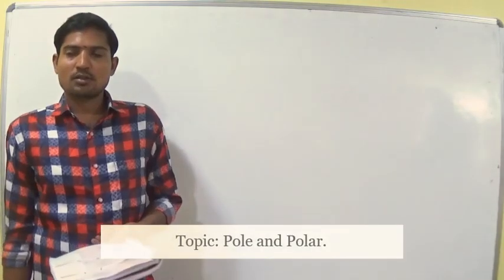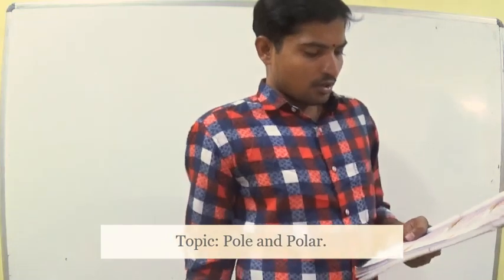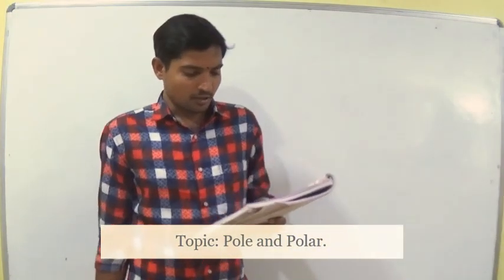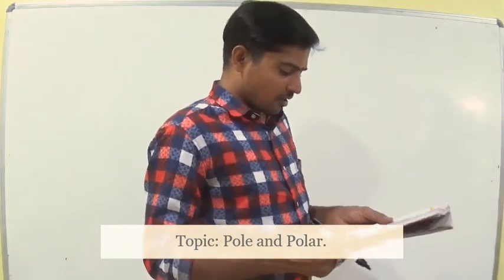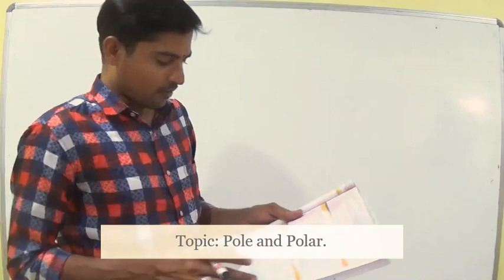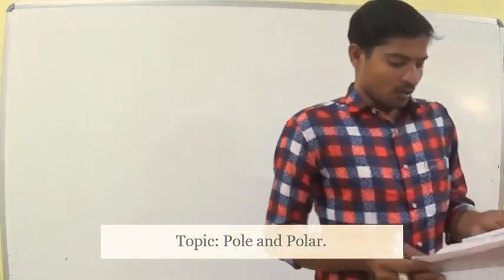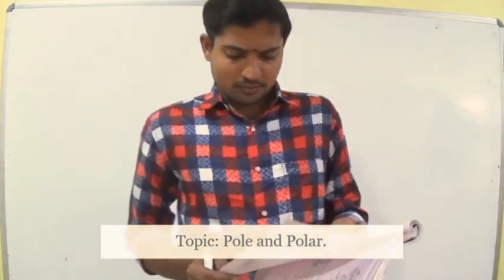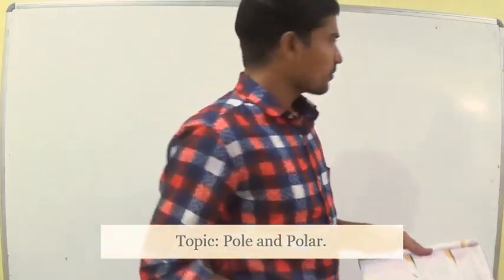Now, 17th one, equations of circles from parameters. Parameters are given, then we have to find the equations of the circles. In 17th Roman, four parts are given, of which we will do one and the remaining three are homework.